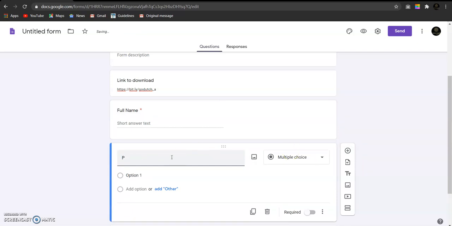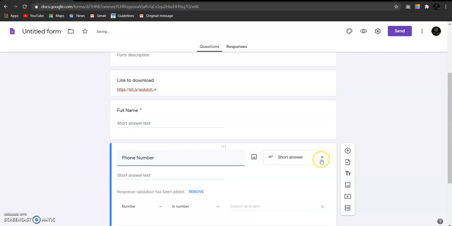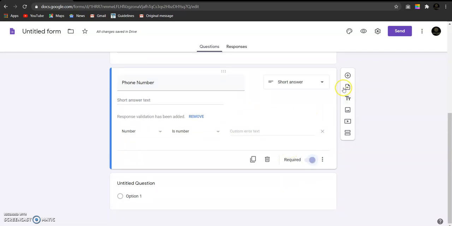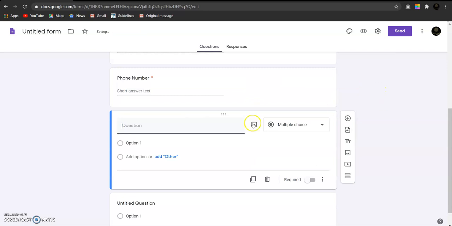Then I'll again click on this plus symbol and name this as phone number. Now you have multiple options over here. You can choose any one of these. I'll choose number and I'll click on required. Next, again click on the plus symbol.